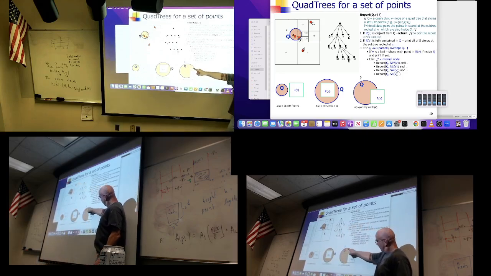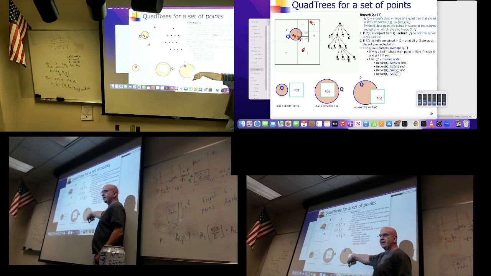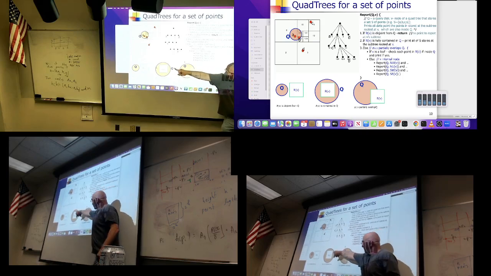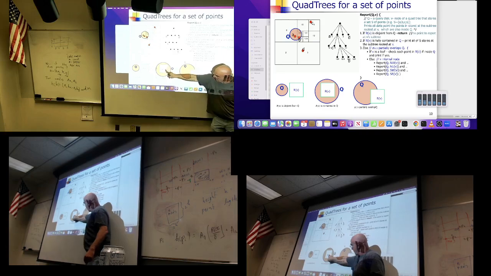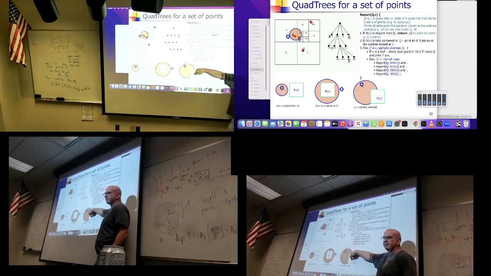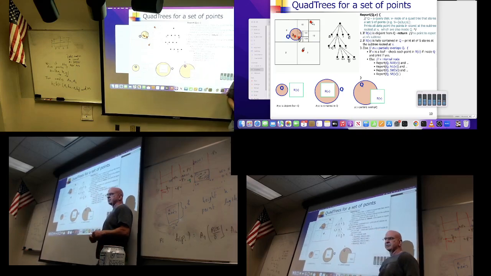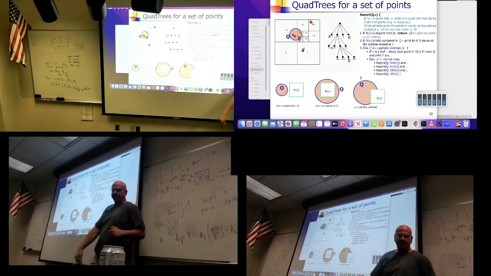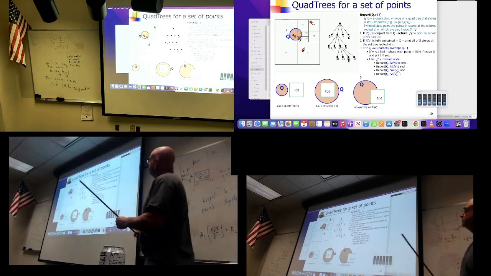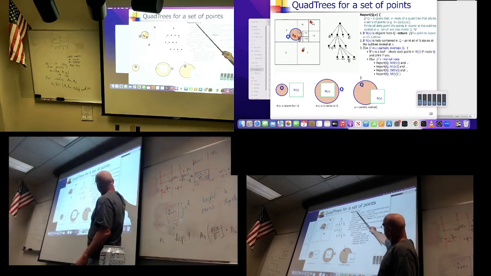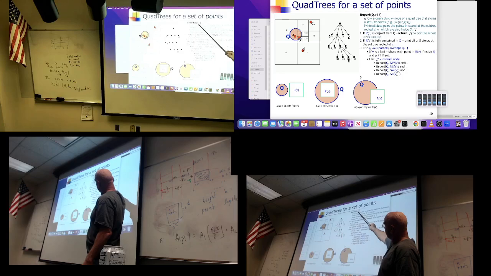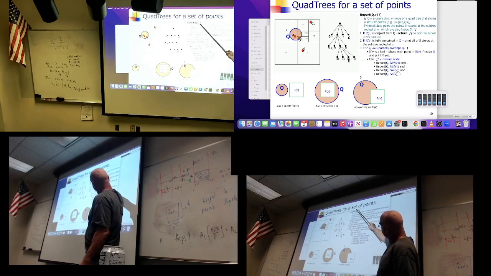Third case, Q and R_OV overlap, but R_OV is not fully inside Q. They have some points in common, but R_OV is not fully inside Q. What do I do in this case? Let's check the code. So, given Q and a node V, starting when V is the root of the tree,